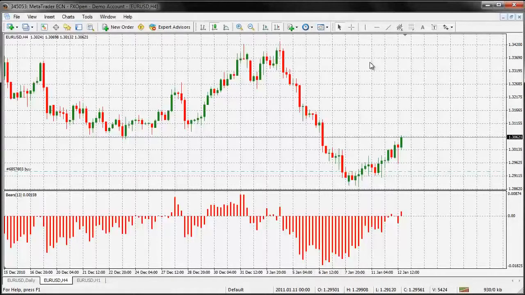But in short, the bears power and the bulls power both have a histogram. The histogram is basically these bars here, and it's separated by the vertical scale. Anything above is positive territory, anything below is negative territory. The object here is basically to look for an area in the market where you see these bars below the 0 line, which would indicate to go short. And when the bars go above the 0 line, it indicates to close out your short trade